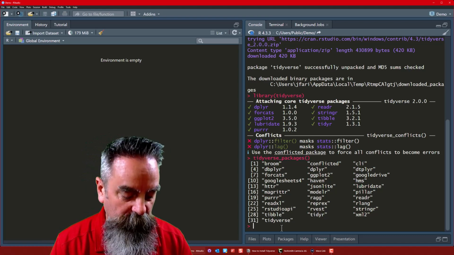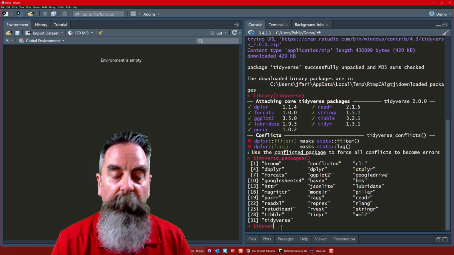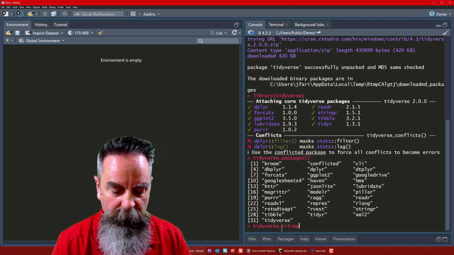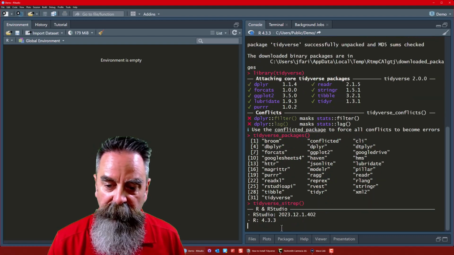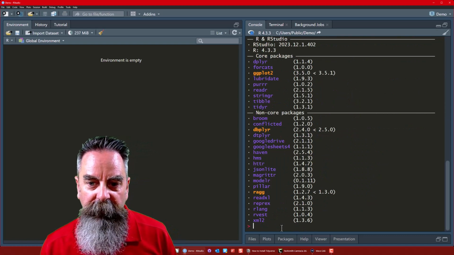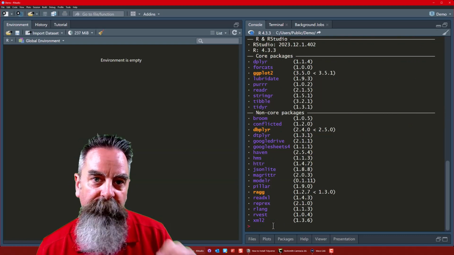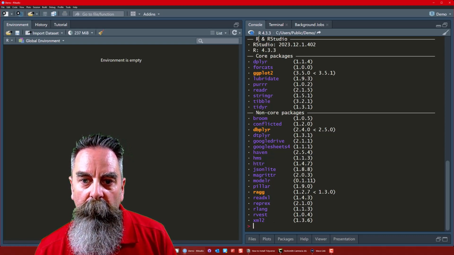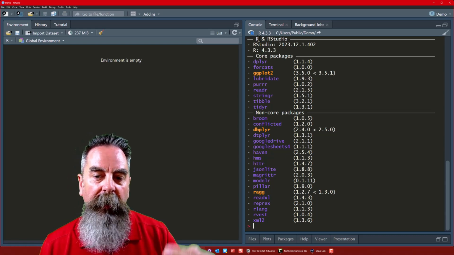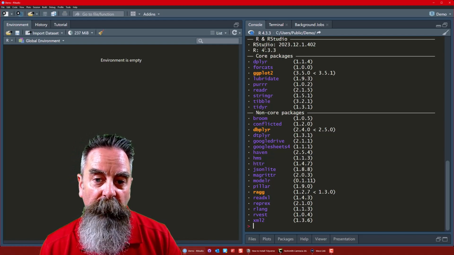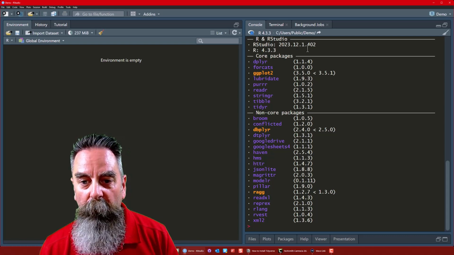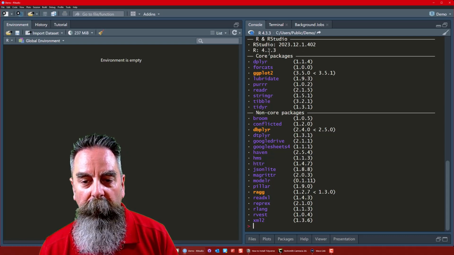First one I want to look at is tidyverse_sitrep. Now this is an interesting function. It's going to tell us all the current versions of all the packages. So we've got R and RStudio, the latest versions that Tidyverse has been updated for. So it's running on RStudio 2023.12.1.402 and R 4.3.3. You can see here I'm running